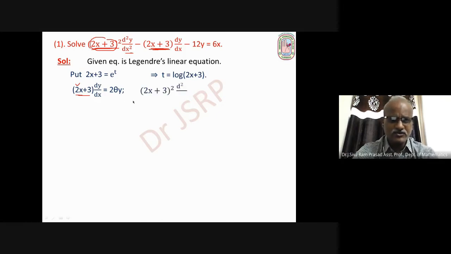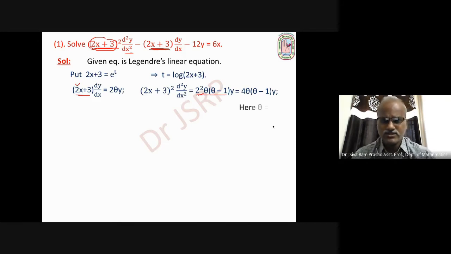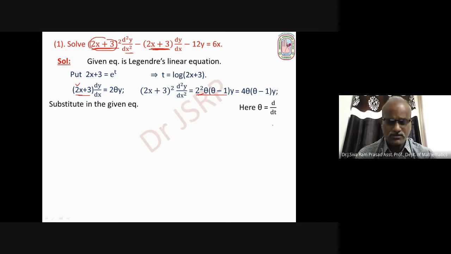Next, the second derivative term: (2x plus 3) whole square into d square y by dx square equal a square, that is 2 square, into theta into theta minus 1 y. Just to simplify this, 4 theta into theta minus 1 y. Here theta equal d by dt. Substitute in the given equation. First, the second derivative term is 4 theta into theta minus 1 y,